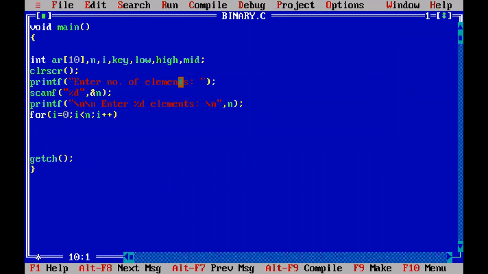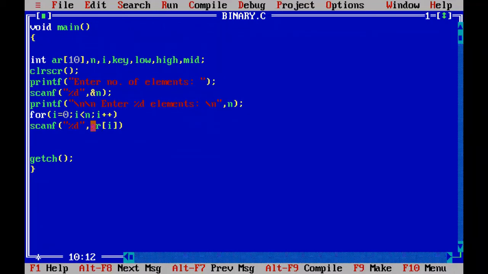So 0 to 8, 0 to 9, that means 10 repetitions. For each repetition, execute the scanf function and capture the one integer element for each repetition. 10 times 10 repetitions, 10 elements are stored into AR of 10 indexes, starting with the address of AR of 0 to AR of 9.